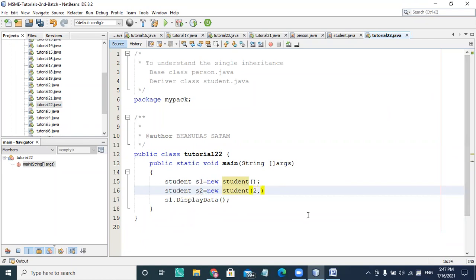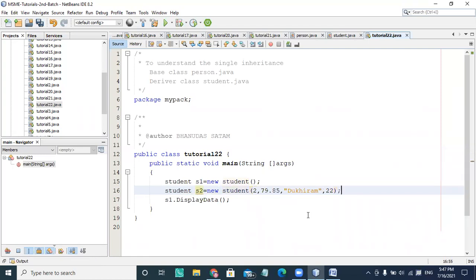The first is roll number, second is percentage, so I'm writing 79.85. Third is the person name, so I'm writing Dukhiram here. After that I'm writing age, so age is 22 here.